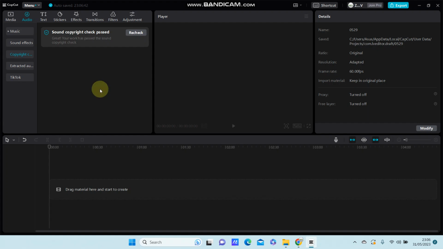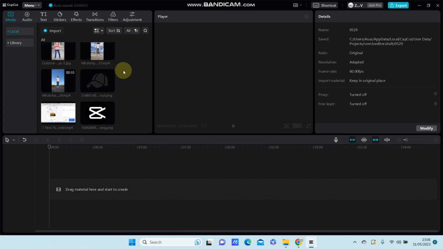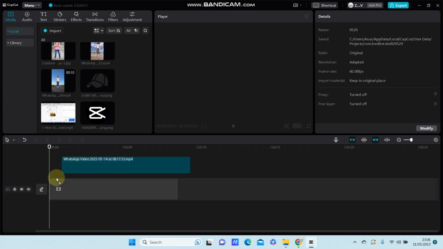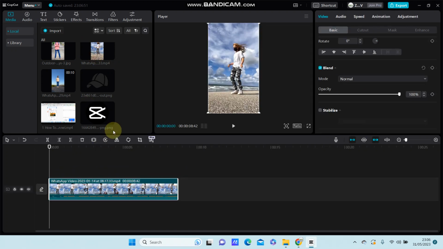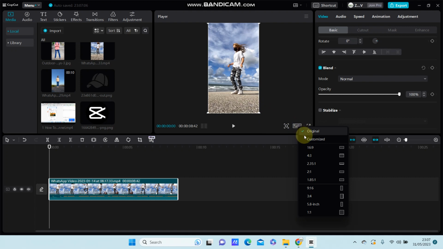Hello everyone, in this video I'm going to show you how you can change the video aspect ratio in Capcut PC. So this is super simple. If you want to change video resolution in Capcut PC, you are just going to click on the ratio in bottom from the preview panel. Click. So you can change and choose this aspect ratio available here. For example, I'm going to select the 16:9